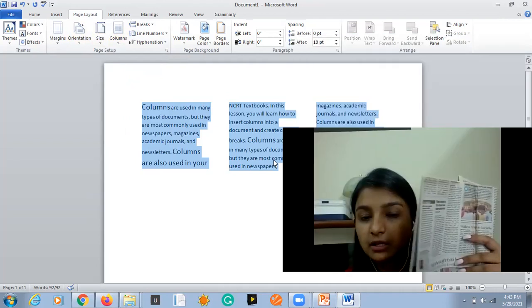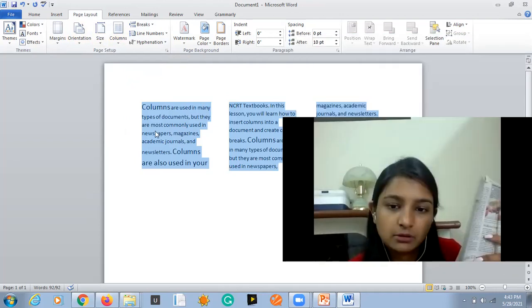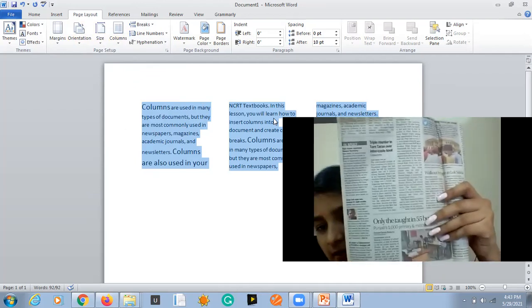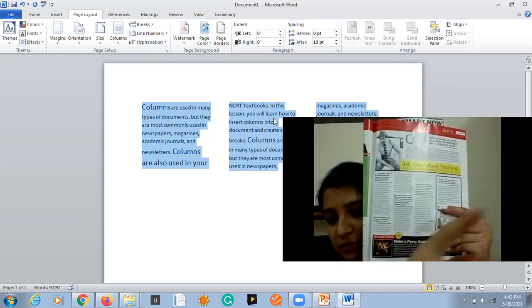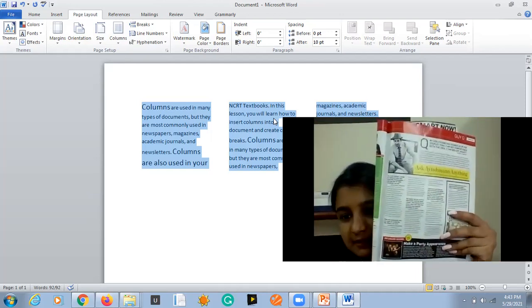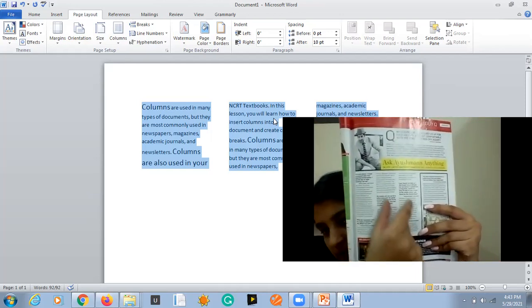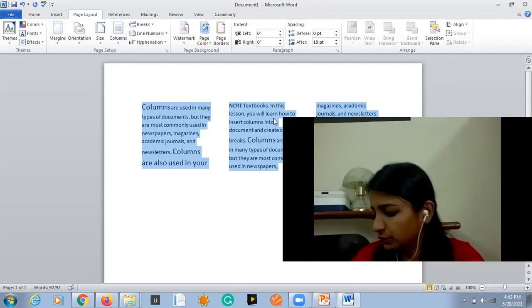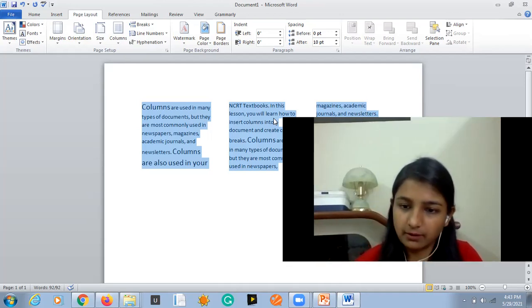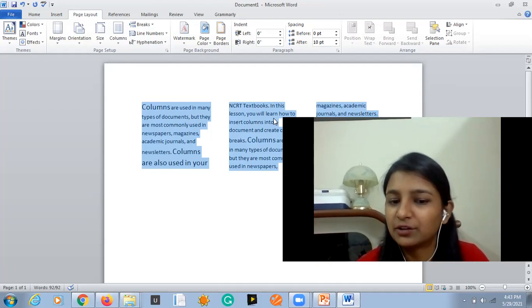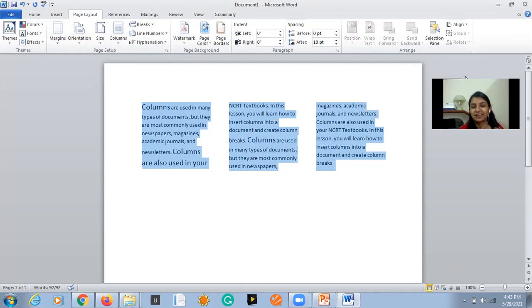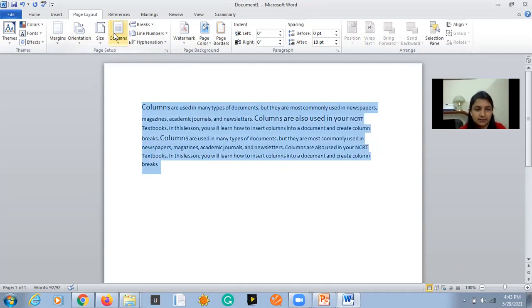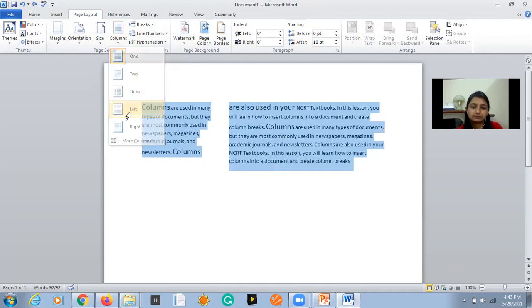So this is the real life use of column. Okay, so see, in the magazine also you can see that it is looking quite similar to that, isn't it? So this is how we can divide the columns into 3 sections. Okay, so if you have understood the use of this command, excellent friends, you have given the right answers. Now let us try for left and right also.